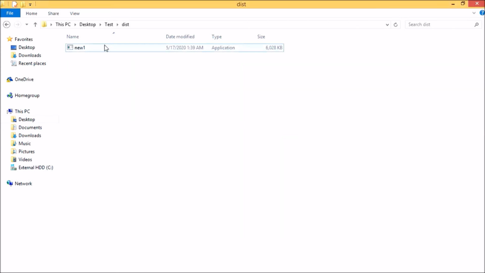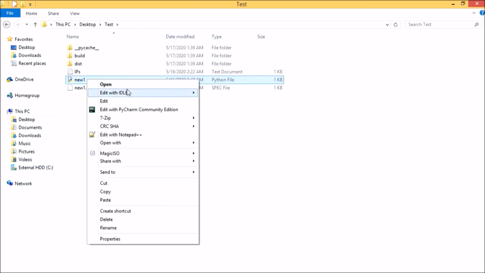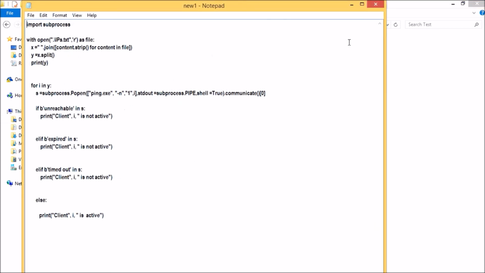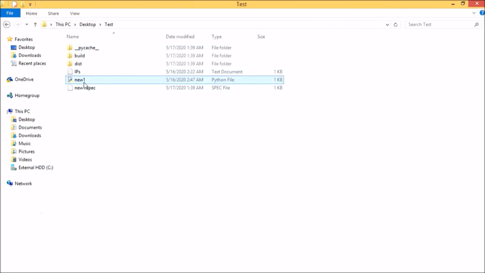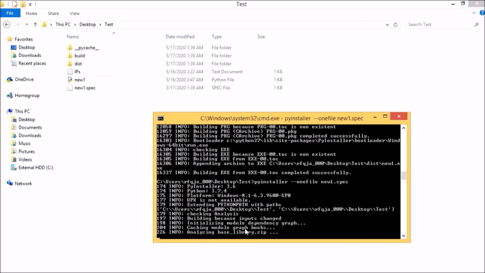Still the new1.exe got created. And suppose in future you want to modify this new1.py script, you don't need to run new1.py again, you can directly run the new1.spec file also. The exe file will be generated by running this spec file too.